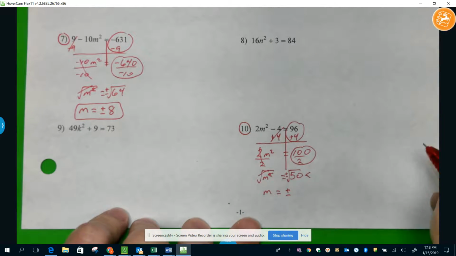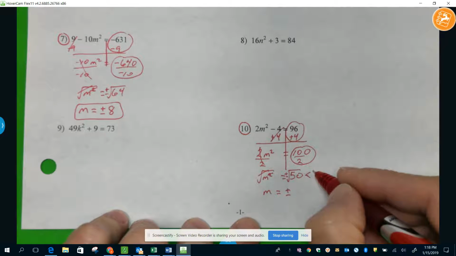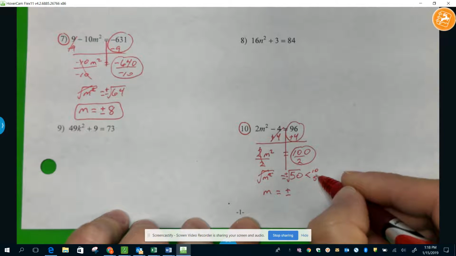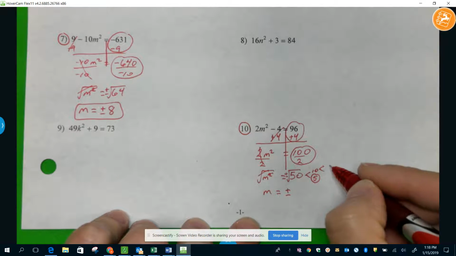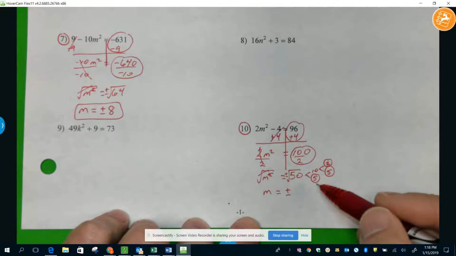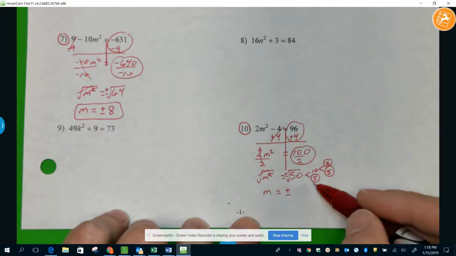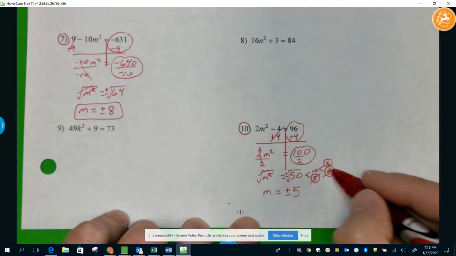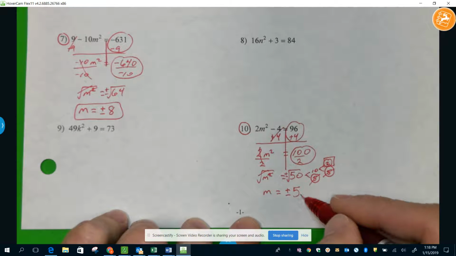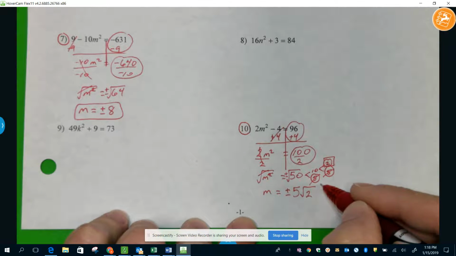What multiplies to give me 50? I've got 10 times 5. 5's prime, so we'll circle him. 10 breaks down again: 2 times 5. 2's prime and 5's prime, so we'll circle both of those. Once we've got all of our prime numbers, we're looking for pairs. I've got a pair of 5's that team up and go out together as 1, and then I've got a single 2 that's got to go back inside